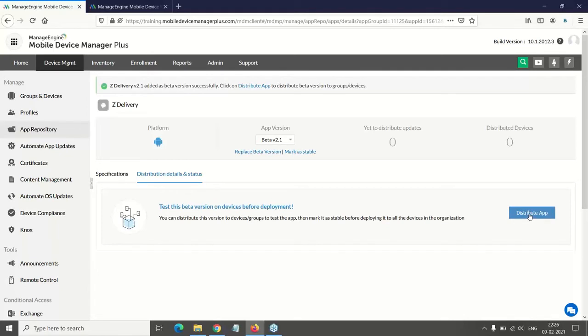If you have tested the application enough and think it is qualified to be deployed to the existing devices, you can just choose the mark as stable option, which will replace the existing stable version, which is the 2.0 version, on all the existing devices. So you need not separately deploy the application after testing to the production environment.